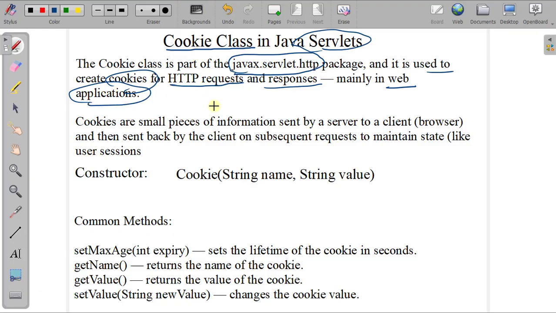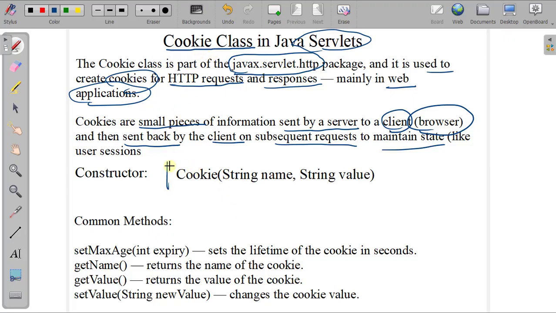So what are cookies? Cookies are a small piece of information, यानी ये कुछ information है that is sent by the server to the client. So basically cookies are used to implement क्लाइंट साइड सेशन ट्रैकिंग, यानी जो इन्फॉर्मेशन है वो क्लाइंट के ब्राउज़र पे सेव होगा और again this information is sent back by the client on the subsequent request to maintain the state of the client. So session tracking करने के लिए we can use the cookie class.